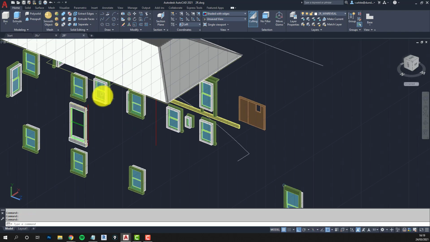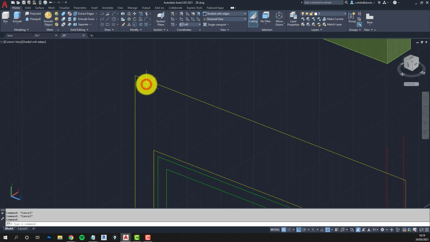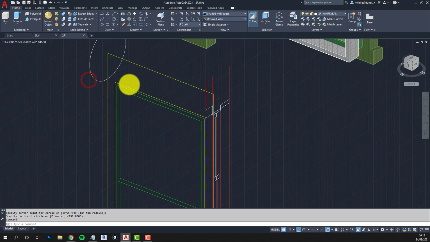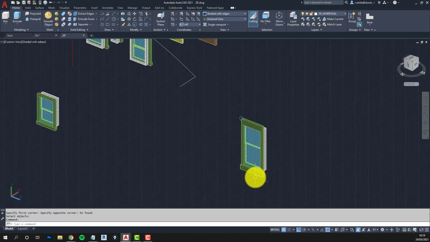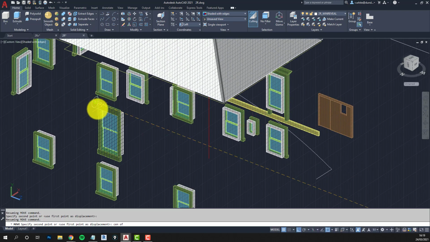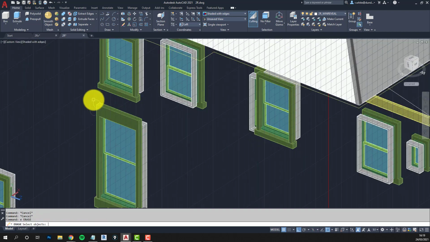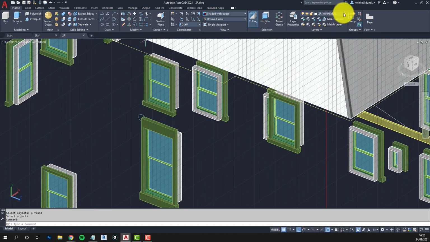Okay, now we need to know where that point is back on the actual building. Let's get rid of this 3D object here. So it's this point here is where we're going to. We don't need that stuff now. We're going to bring the window back into position. So we'll move it from the center to the center. And get rid of these circles. I'll keep one of them. Okay, so if I put the walls back on,